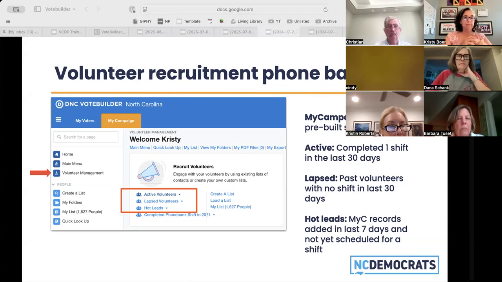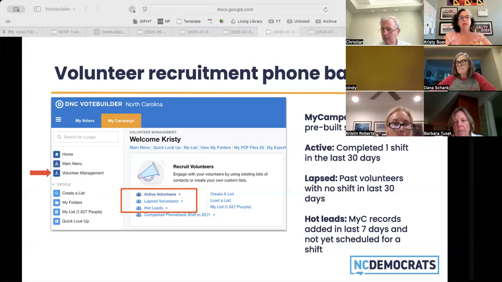But for a county party, under volunteer management, which I talked about in the beginning, there are 3 groupings here that I've drawn a red box around that can be really helpful. These are more helpful the more actively you are using My Campaign. So the more you use this, this will get better and better for you. So one of the things I talked about that came up in the county party leader workshops, if any of you had a chance to